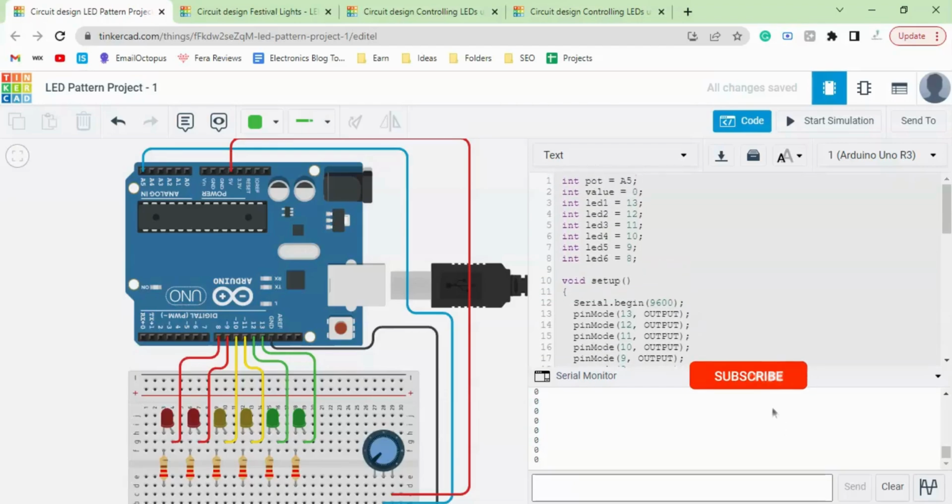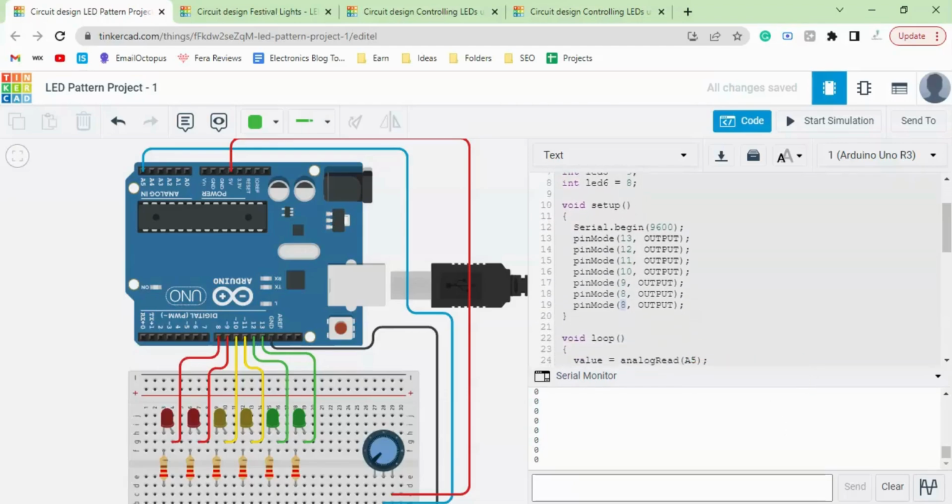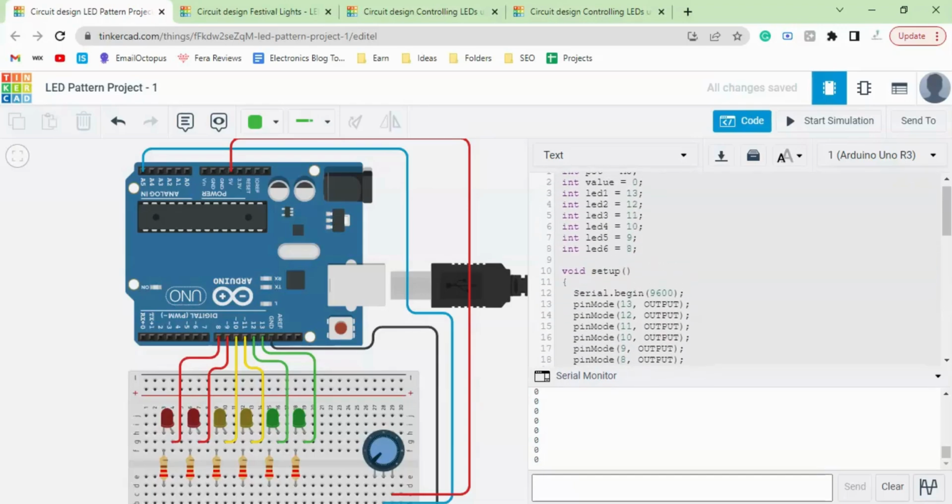What we have mentioned here is A5 as pot. So you can just write pot as the input pin. And also, not only here but also here, instead of writing 13, 12, 11, you can just write it here as